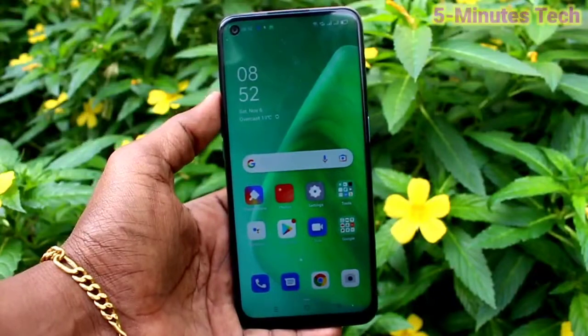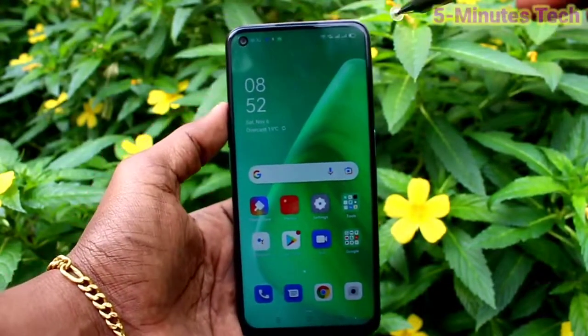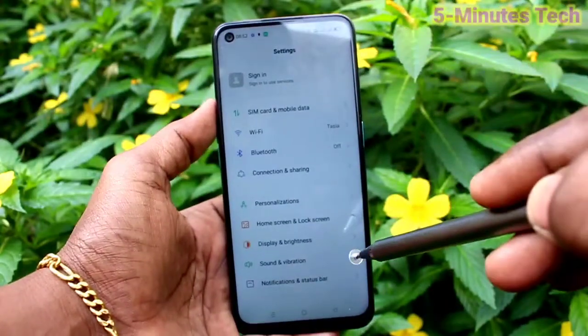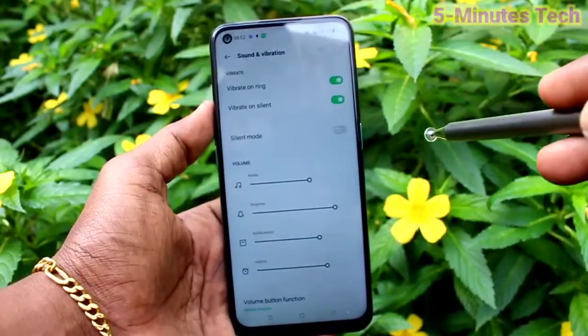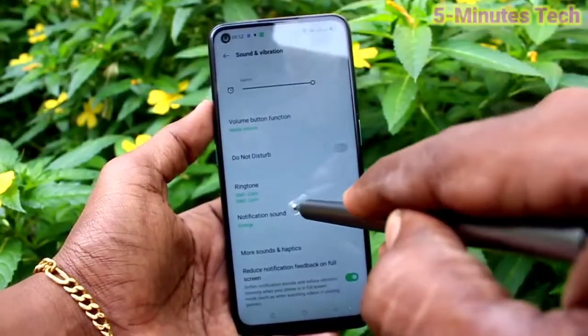First of all, go to the settings of our phone through notification area. Swipe down and click on settings icon. Now click on sound and vibration. Here select ringtone